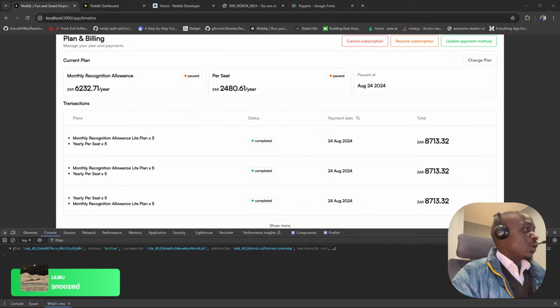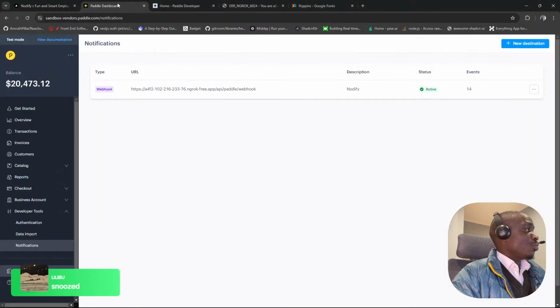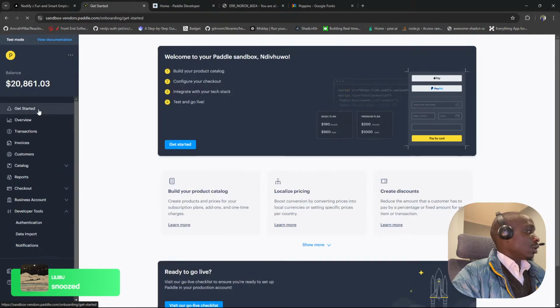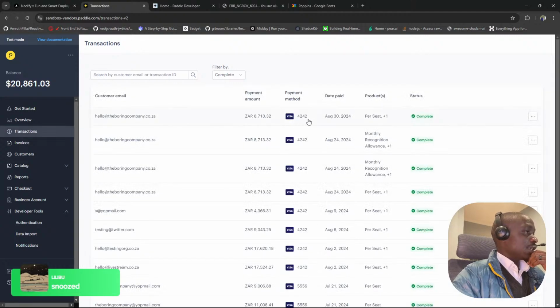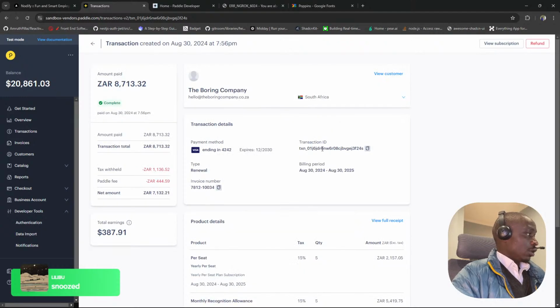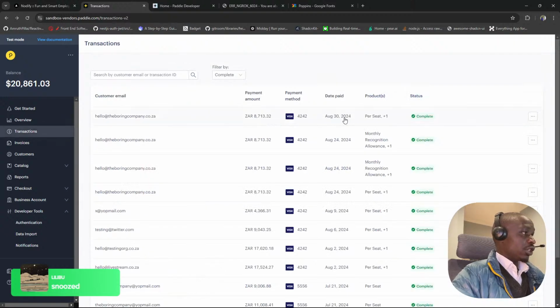Alright, so what I have to do is let me go back to Paddle. The thing is, I have to find this subscription. Okay, this is the subscription that I'm looking for. I mean, this is the transaction that I'm looking for. So within this transaction, you can see that this transaction was updated today, right? So what I have to do right now is to